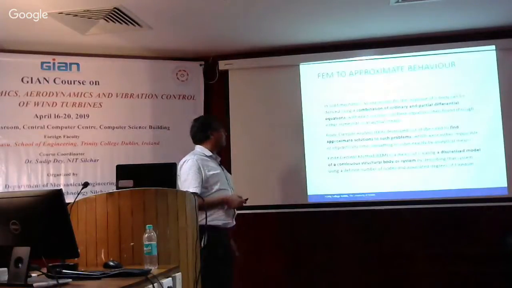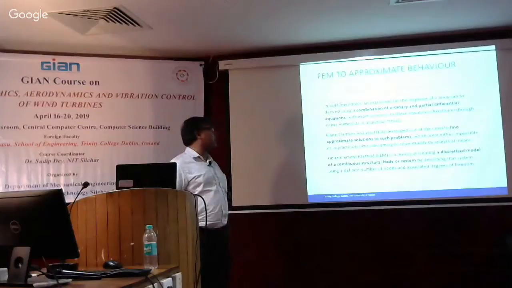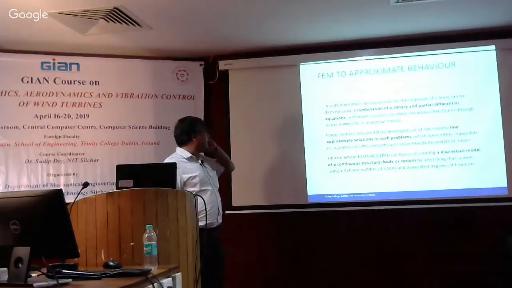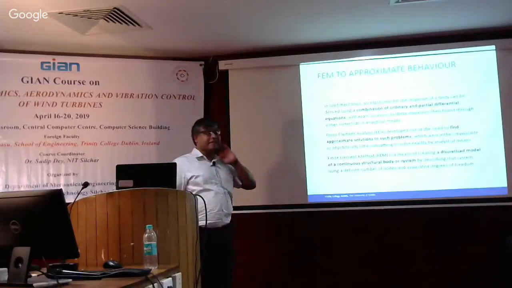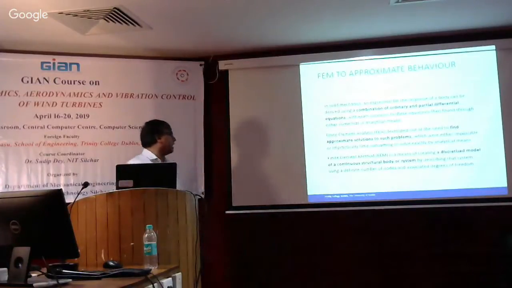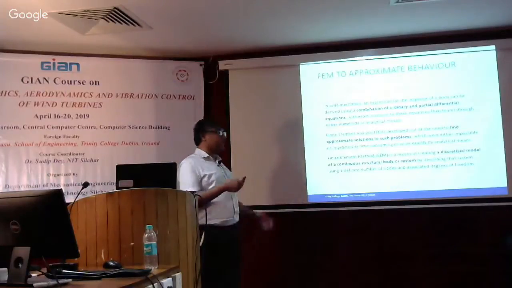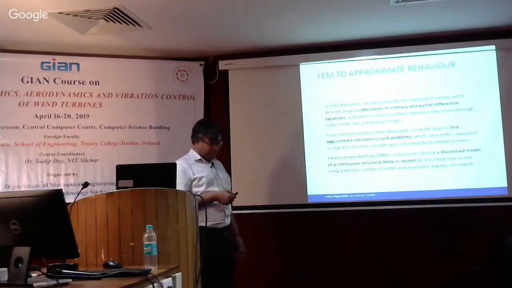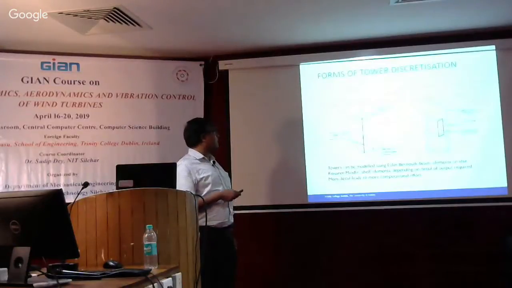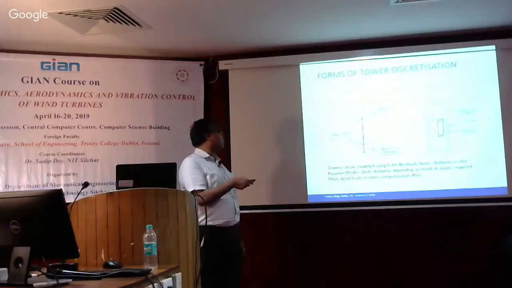But typically, to approximate behavior, you can use the finite element method to solve the problem. You know that it's an approximate technique to solve partial differential equations. And normally we discretize the structure, the elements like the towers and blades which we have been discussing. This is an example where we have shown a tower discretized using Euler-Bernoulli beam elements. But we can also use shell elements, for example, the Reissner-Mindlin shell element and so on, to do the discretization